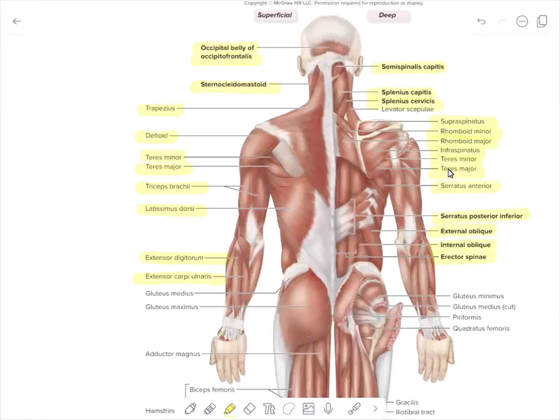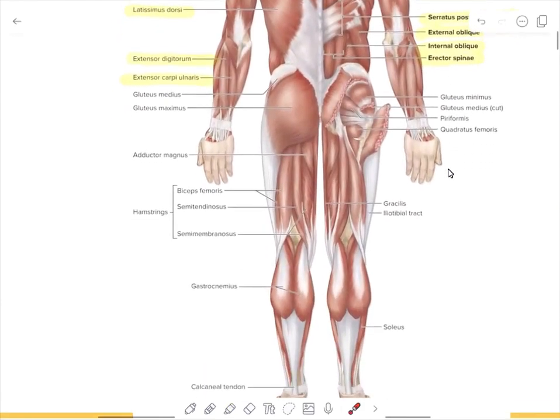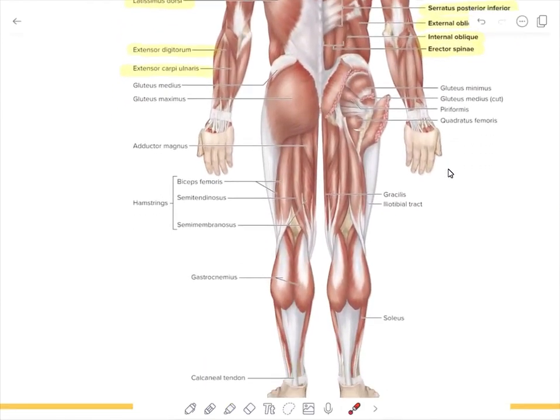Some of these you won't have to know. For example, you're not going to have to know the erector spinae or the semispinalis capitis. So again, the slides which are upcoming will further delineate exactly which muscle names and functions you need to know. In the gluteal region, we have the gluteus medius, gluteus maximus, gluteus minimus,